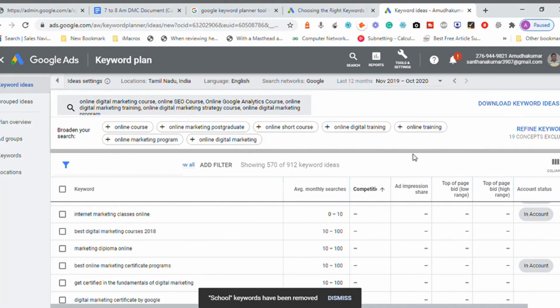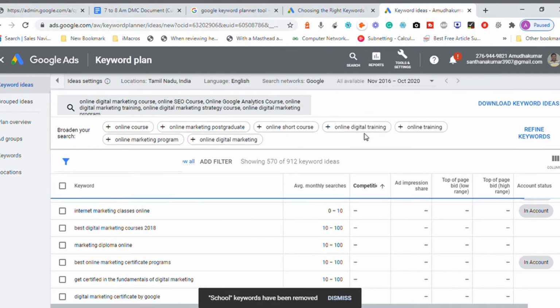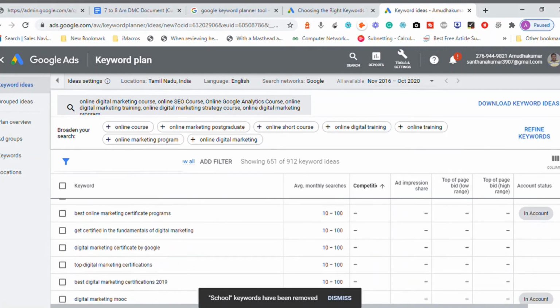And when we are using this Google keyword ideas, you have an option to select your location, the language that people speak, and also the data to be checked for the last 12 months. If you want, you can check all available data from day one when Google started working approximately, but it says from November 2016 only they are showing us the data. Anyway, now we have multiple keywords, we have multiple data here.